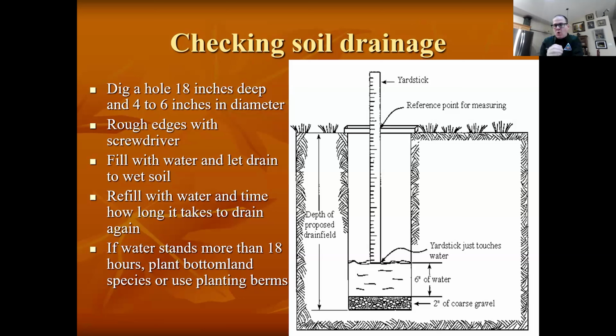What you're hoping to get is 1 inch of water fall, or it going down an inch an hour. Or you can come back in 18 hours and there shouldn't be any water left in the hole. If you have drainage that's an inch an hour or faster, you don't have to worry about drainage when you're picking your trees.